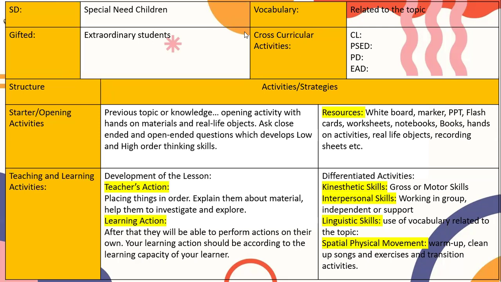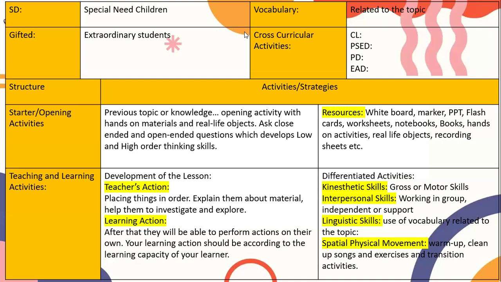Then comes teaching and learning activities. Now here comes development of lesson. One is teacher's action and the other is learning action. Okay? Your action, placing things in order, explain them about material, help them to investigate and explore. This is your action only, should be. Okay, for every topic. Now, learners' action, they are going to investigate, they are going to explore, they are going